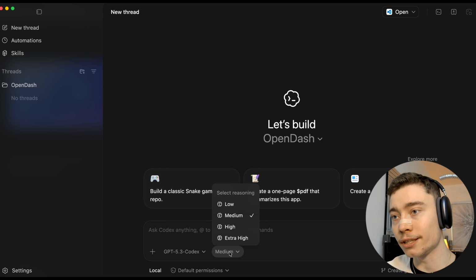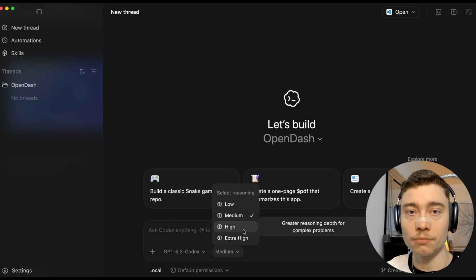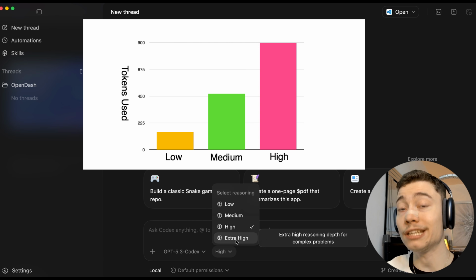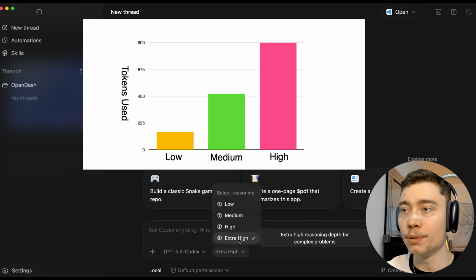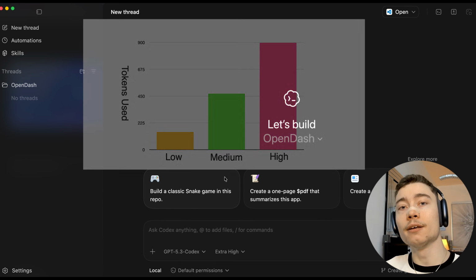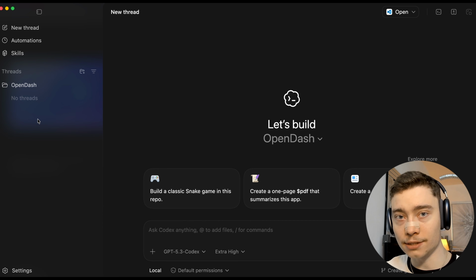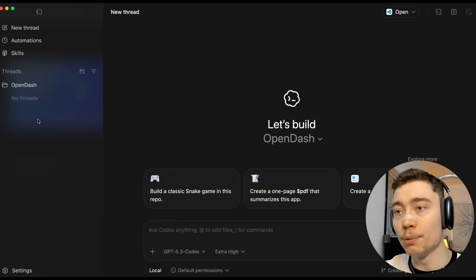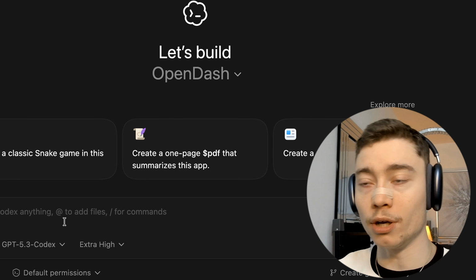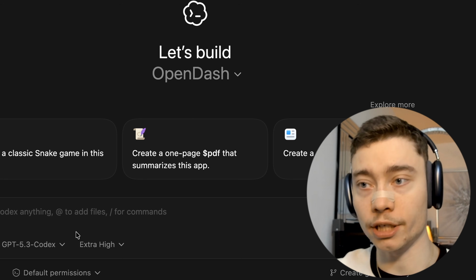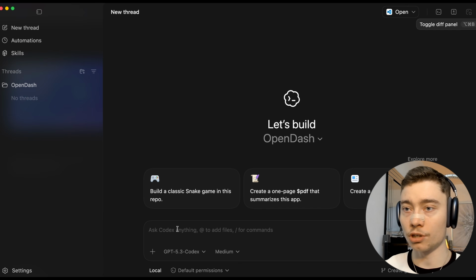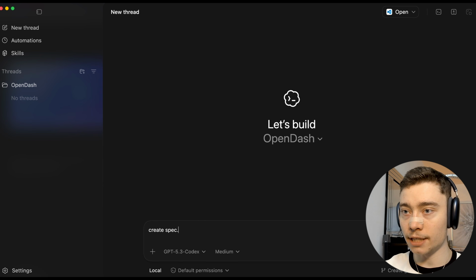Now, if you're doing something heavy, some massive feature, big refactor, or you're stuck on some bad bug, you can select high or even extra high, but just be prepared that these will run for many, many minutes and you won't be able to interact with this agent. Luckily, the Codex app allows us to do threads and it allows us to manage multiple different agents at once. So it's not a problem if one agent is running for 10, 15, 20 minutes, we can just launch another one and keep working. So I'm going to go with medium and I'm going to tell it, create spec.md file